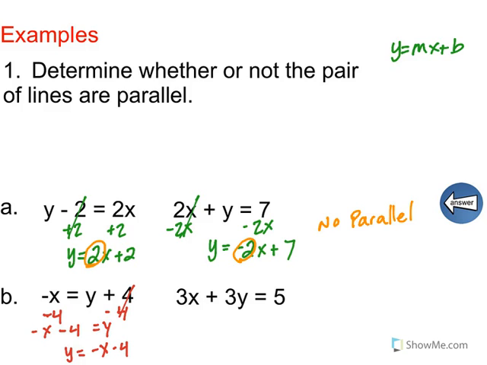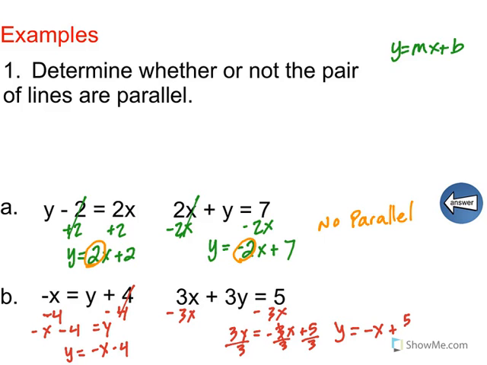When we look at the next one, we're getting, again, y by itself, so we'd have to start by subtracting the 3x from both sides. What we would have is 3y equal to negative 3x plus 5. And then divide both sides by 3. So everything gets divided by 3. And what we would end up with, I'll write it over here, is y equals negative x